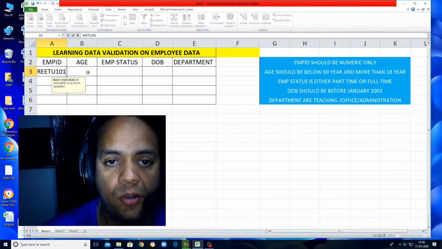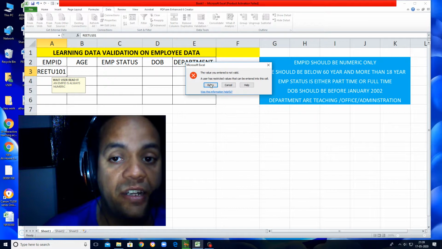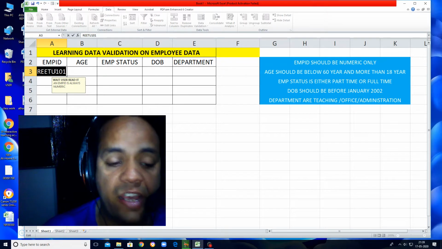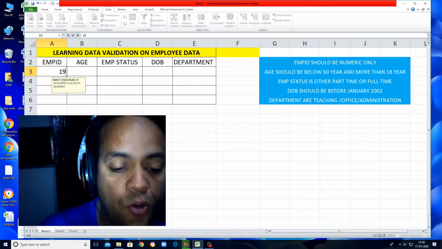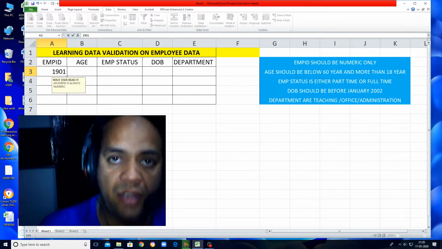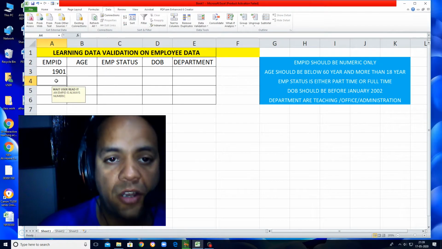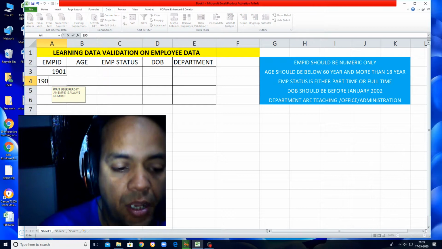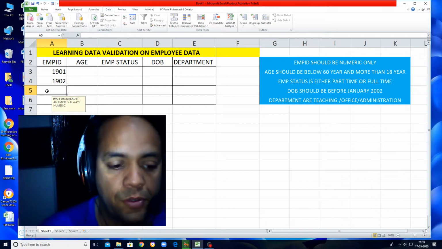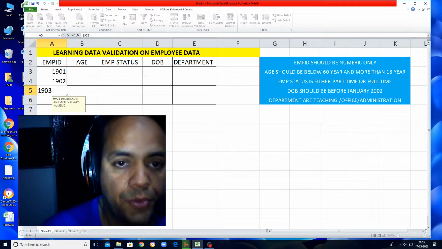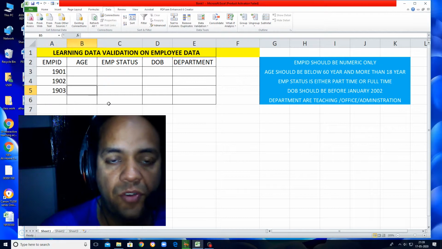Let's see if it works. No, it is not working. It is also showing the error. So I can only enter a numerical value in it. For your consideration, I am just putting some values. 1903. Okay, I have 3 employees.